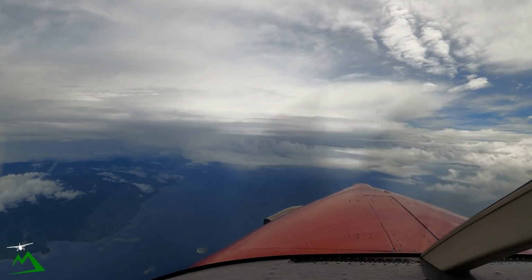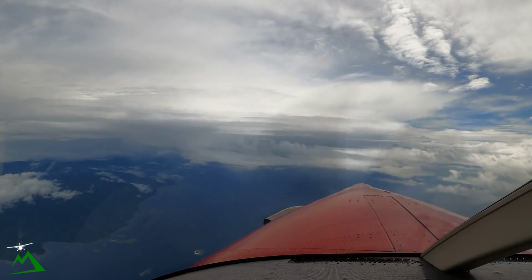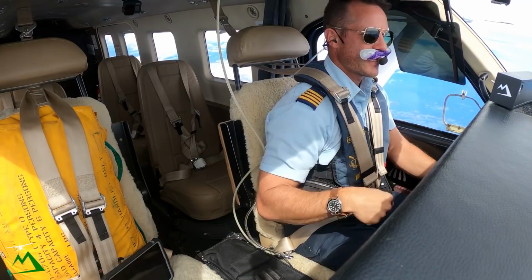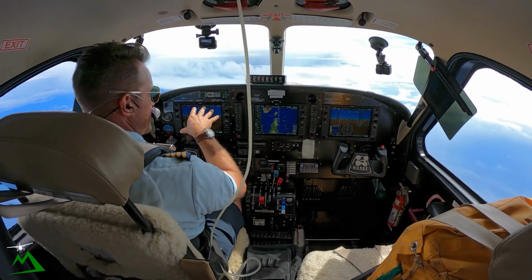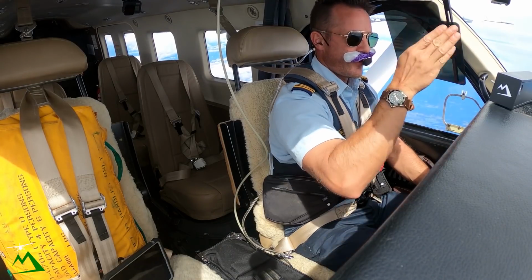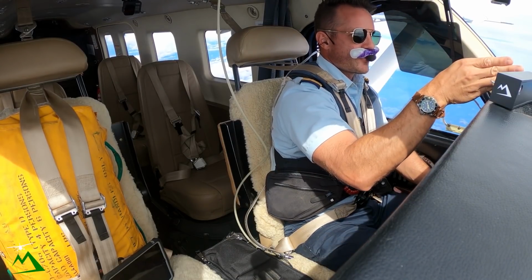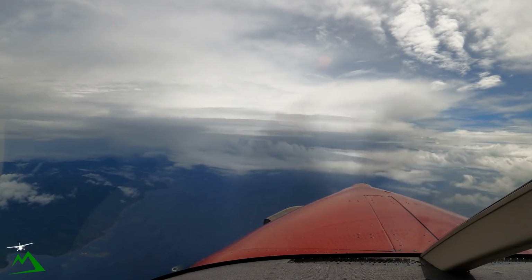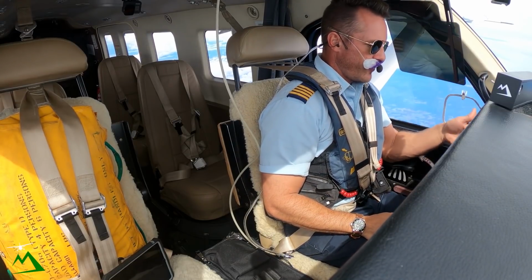We've got 5 more minutes to run for Mickett, our next reporting point, and it looks like we might actually get into some rain and some IMC kind of stuff, but our actual track is a little bit more over that way. Our next reporting point is this way, but Madang is actually out that way, so I might just kind of divert off just a little bit. We'll see. I'll stick my nose into it and just see, but before I go into any IMC, the first